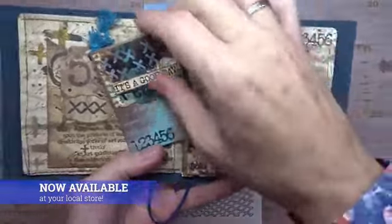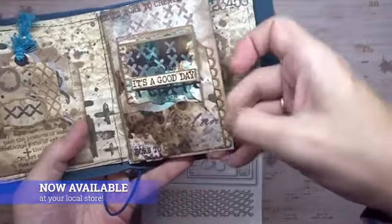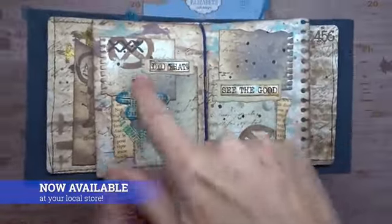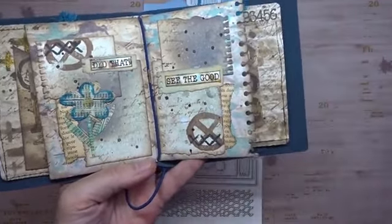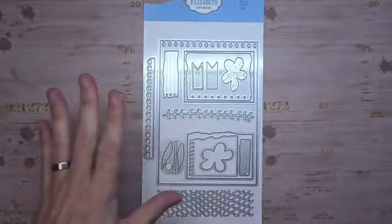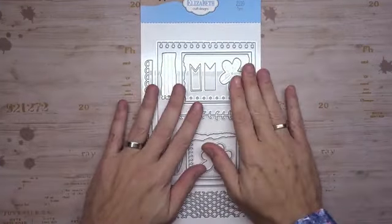This element, the pocket, is actually in another set that's coming up, but it's so fun to combine. Here you see that lace border, and here you see the base page in that, and here you see how I used all these different elements as an art journal page. So you don't have to use them as ATC layers, you can use them as elements in your journal. So that is the 2110 Torn, and I've got loads of gorgeous samples to show you from the design team,